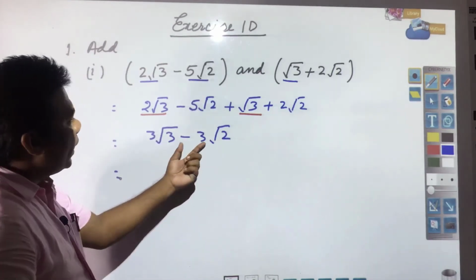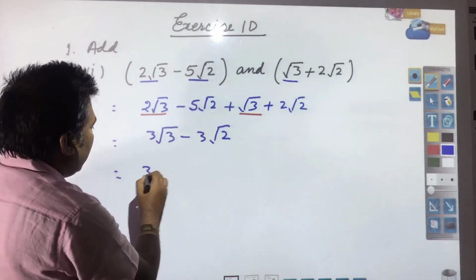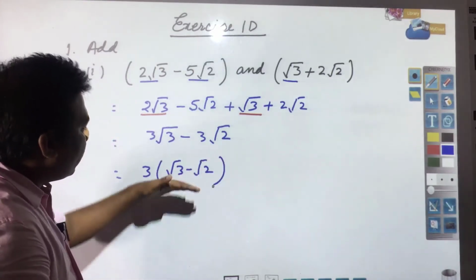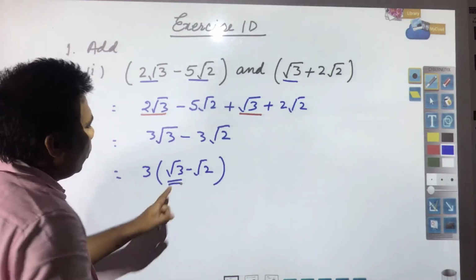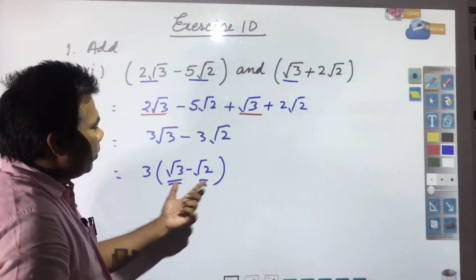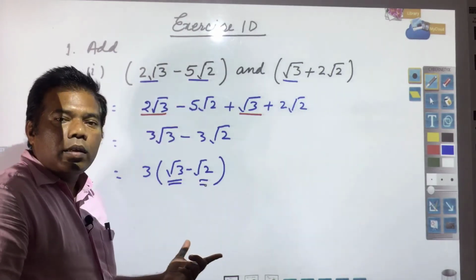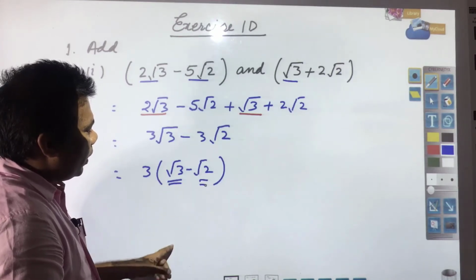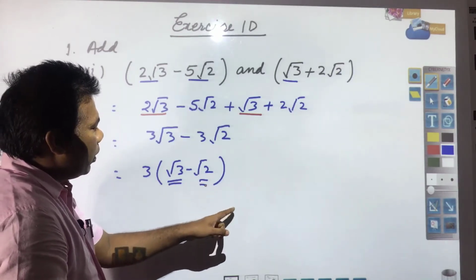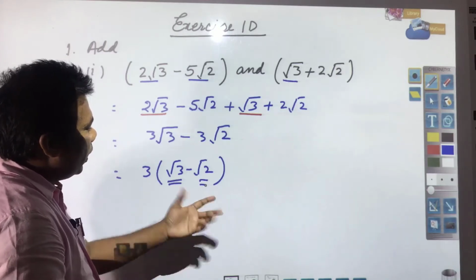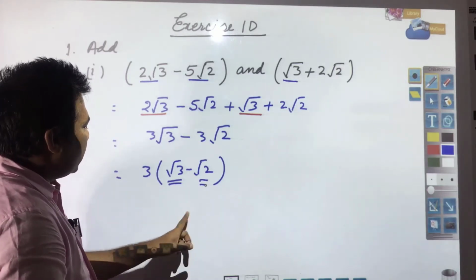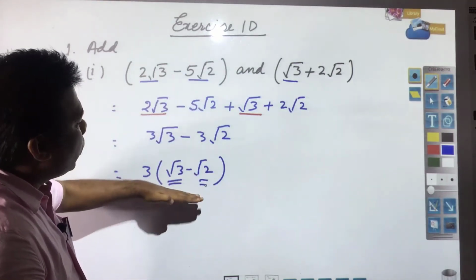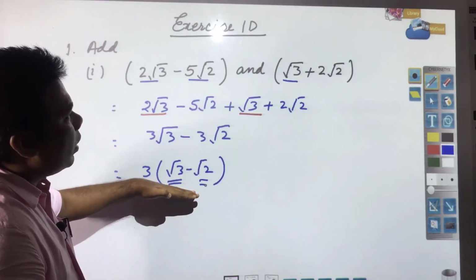Now, 3 can be taken out common, and it will be written root 3 minus root 2. Now, you see further it cannot be simplified, because root 3 and root 2 are unlike terms, they cannot be added or subtracted. Or if you know the approximate values, that can be put, and then that can be done. Suppose root 2 is equal to 1.414 and root 3 is equal to 1.732, that can be put, that is approximate value, and that can be simplified. But up to here, like this only, simplification is required to be done.